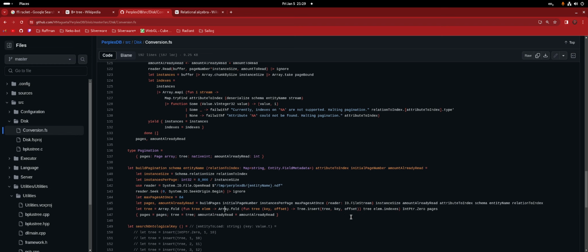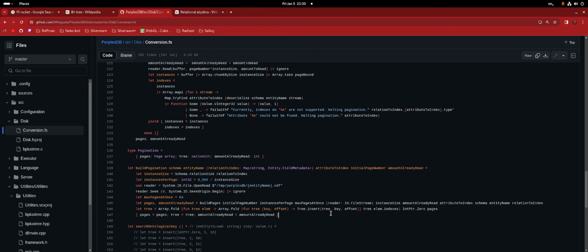And then what I do is that I start with 0, which is the null pointer, basically. And then I build the tree. Why is it called offset? Why is it not index? Because it's the physical, well, it's not really an offset, right? But it's the position on the disk. That's basically the idea. If I multiply this value by the instance size, I should get the offset. So that's kind of wrong, the name. Yes.